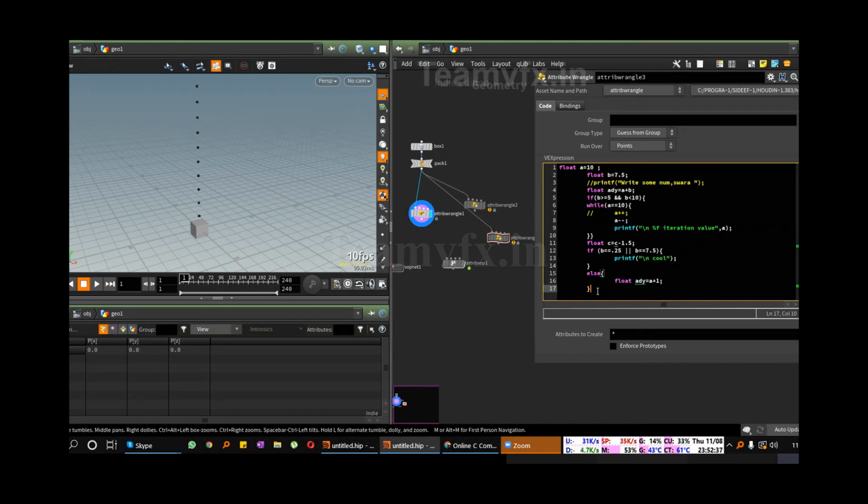We'll figure out the looping statement in the wrangle with the same CVEX concept, and we'll try to use some more functions of the Vex in that wrangle. We'll try to understand the class. That's one of the important things. And another important thing, we'll try to understand the process of